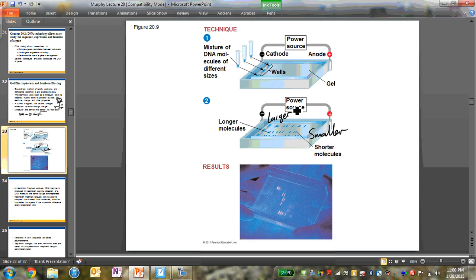So again, you'll be able to compare, well, did individual 1 have the same DNA as individual 2 when we cut it up with the same restriction enzymes? This technique is actually pretty interesting. It's used in crime scenes. It's used in blood analysis. It's used in paternity testing. It's used in